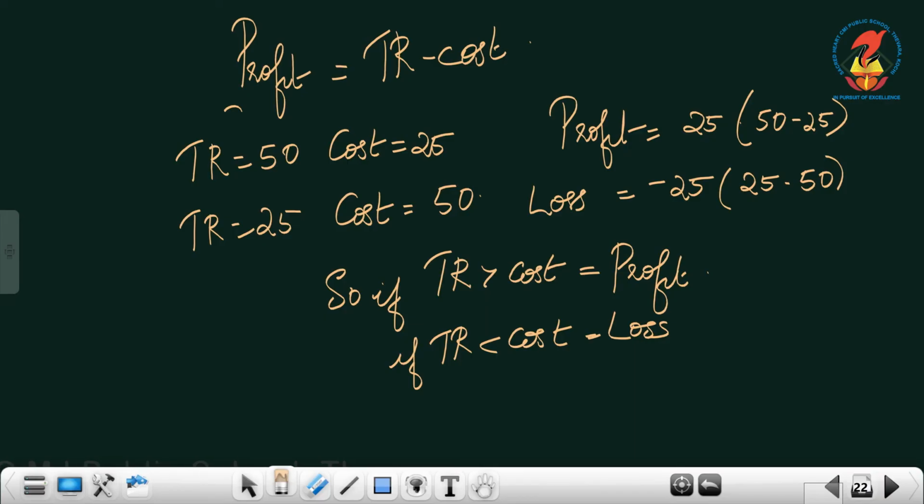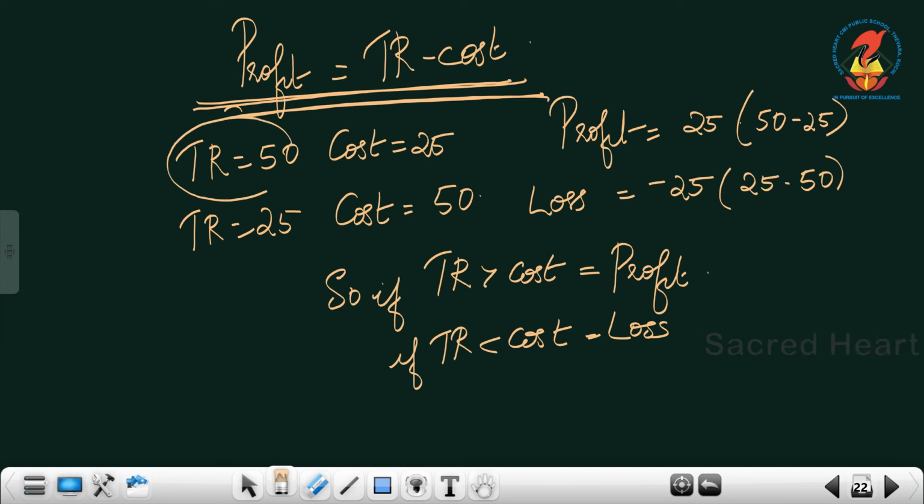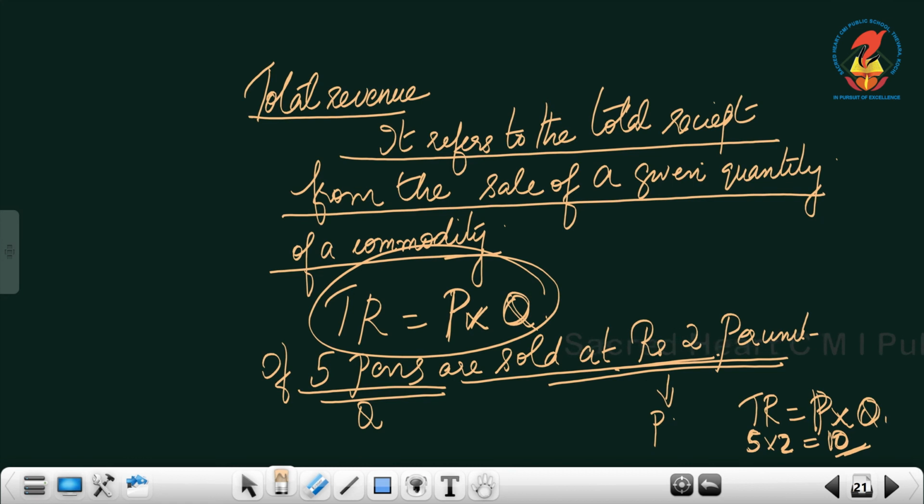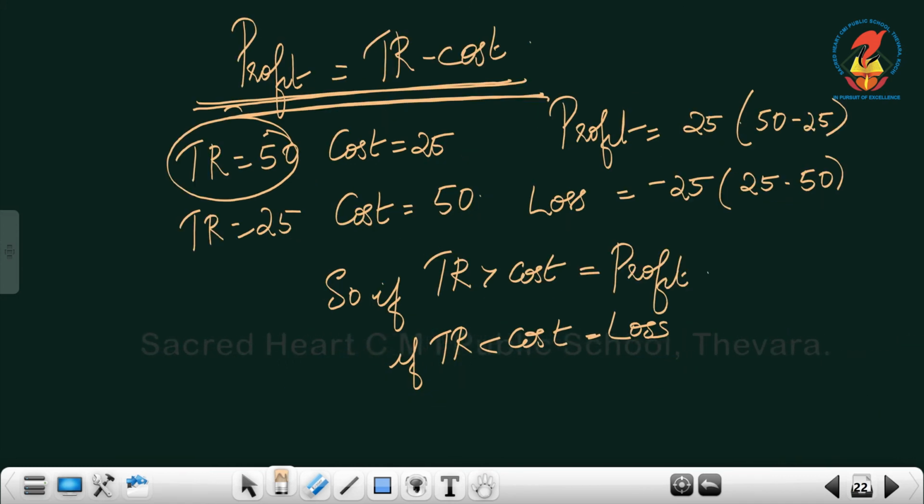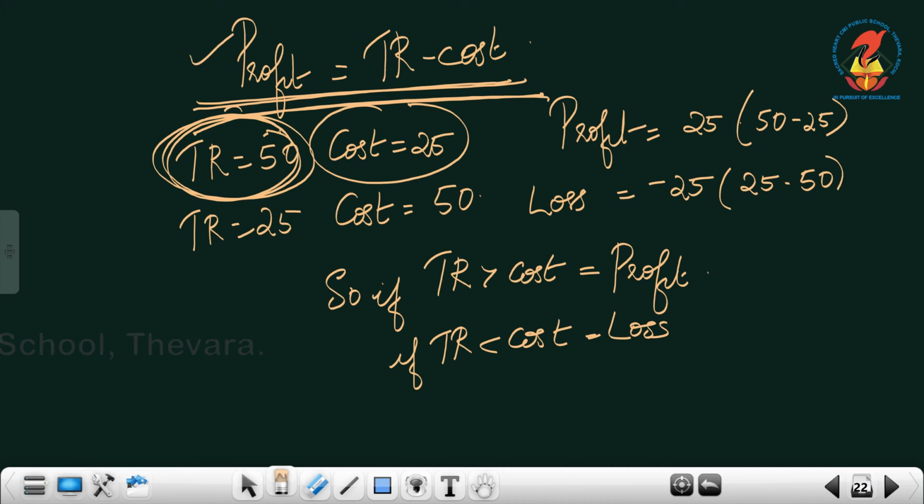Now the next thing is, what is the difference between revenue and profit? Profit is equal to revenue minus cost. This revenue is not the profit, both are different. What is profit? It is total revenue minus cost. For example, if the total revenue is 50, a person who is selling a few pens is receiving a total revenue of 50. But actually the cost of producing those pens is only 25. Therefore, how to find out the profit? Revenue minus cost. What is revenue minus cost?